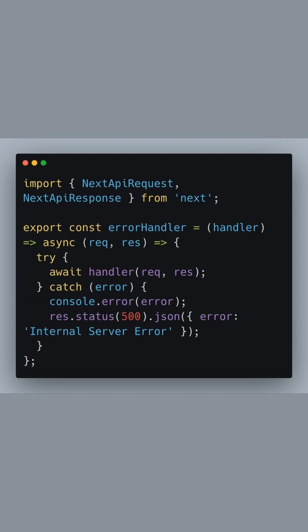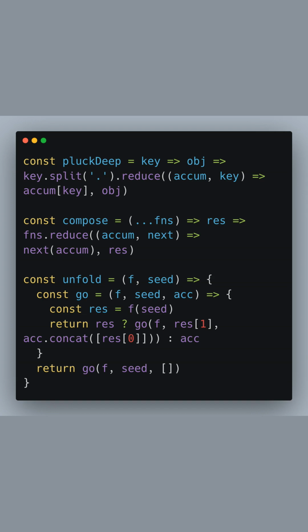to the client. A higher-order function is a function that takes another function as an argument or returns a function as a result. In our case, our error handler takes a handler function as an argument and wraps it with additional functionality for error capturing. Notice that we are using async before the function definition. This is because our error handler is designed to work with asynchronous operations that might be present in our API